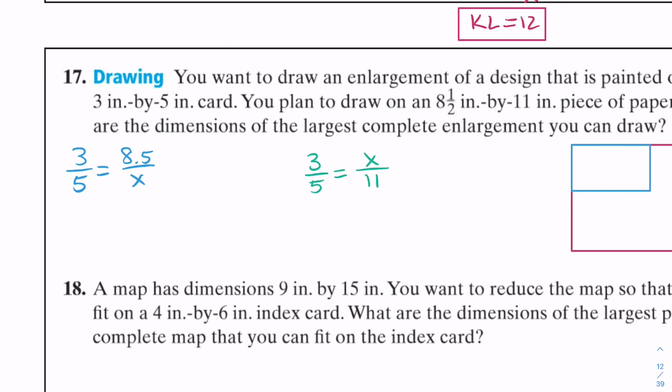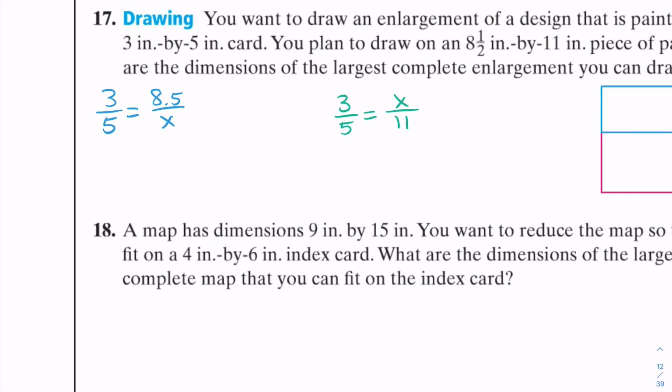And again, if this is greater than 11, it's not going to work. We're going to ignore this one. If this is greater than 8.5, we're going to ignore that one. One of these will work, where this will be less than 11 and this will be less than 8.5. So let's test both of these. So I'm going to do 3x equals 5 times 8.5, which is 42.5. And I'm going to divide by 3, and I get